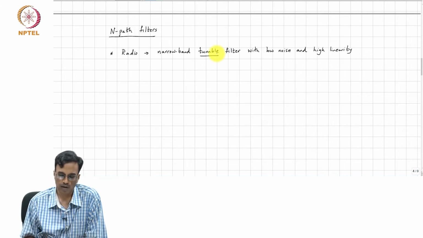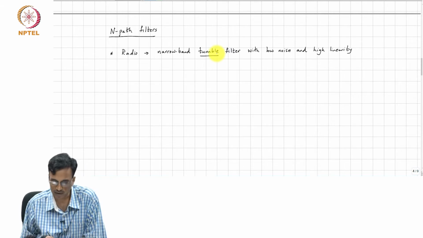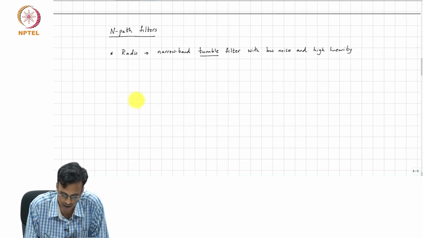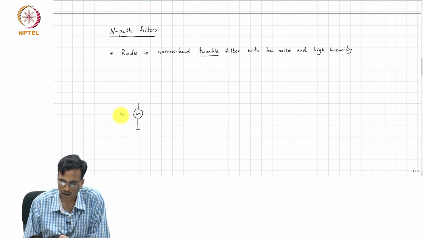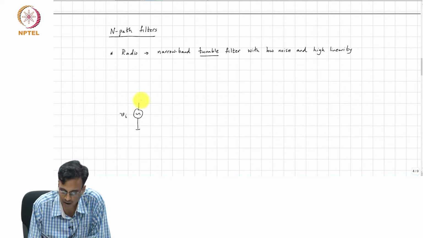So, another way of doing this is to use time varying circuits, and I am not going to derive this topology today, but maybe a few classes down the line we will see how this comes about.